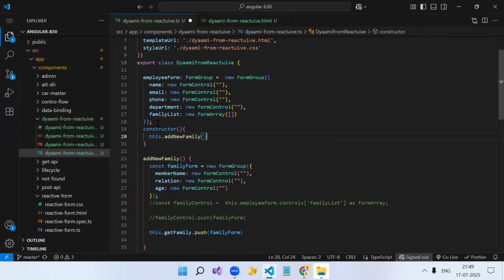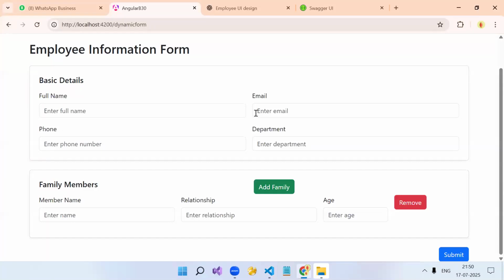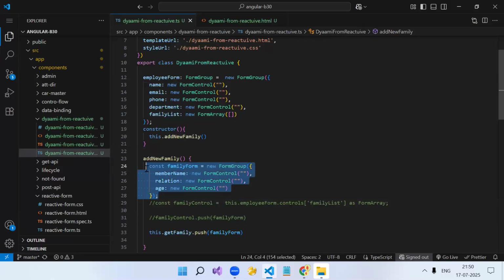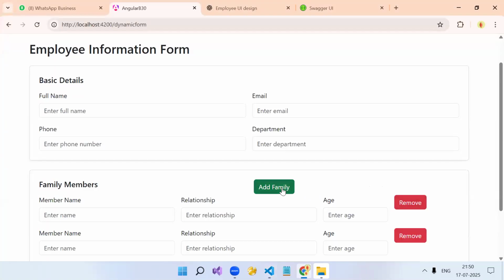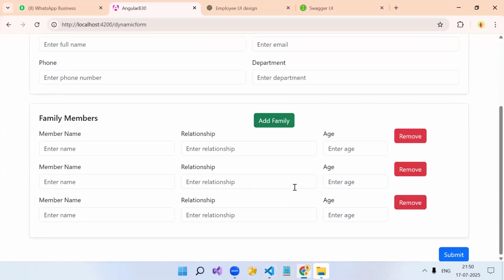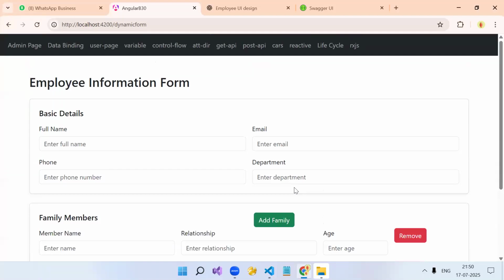Once your reactive form initializes, this function is called on the page load, so by default one family member will be there, because it will push one family group on the page load only. And on click of add, again a new one will be added. Clear everyone?